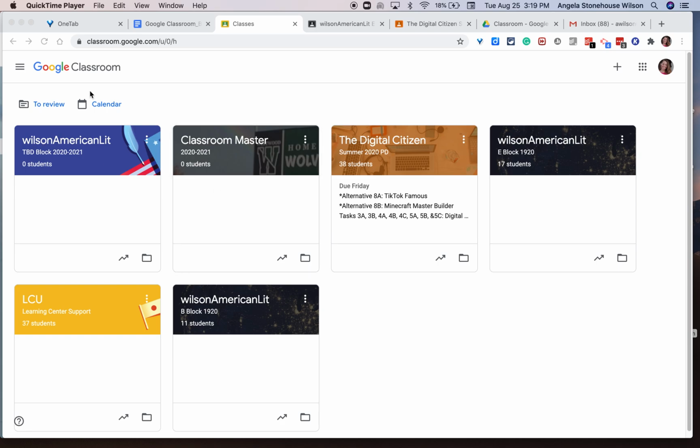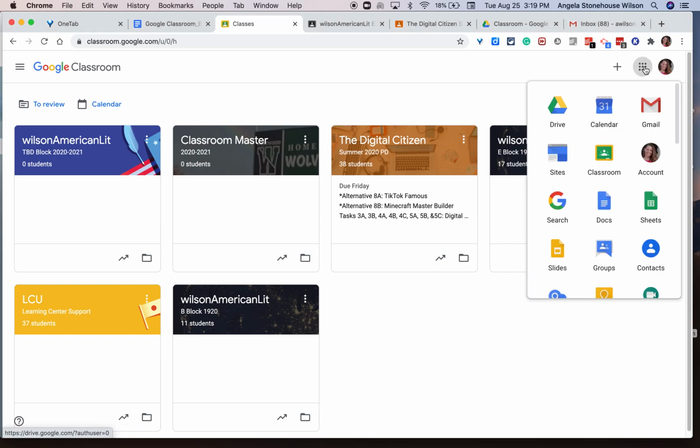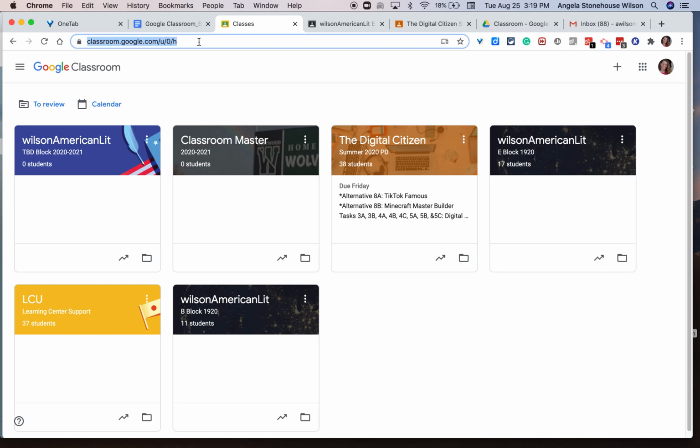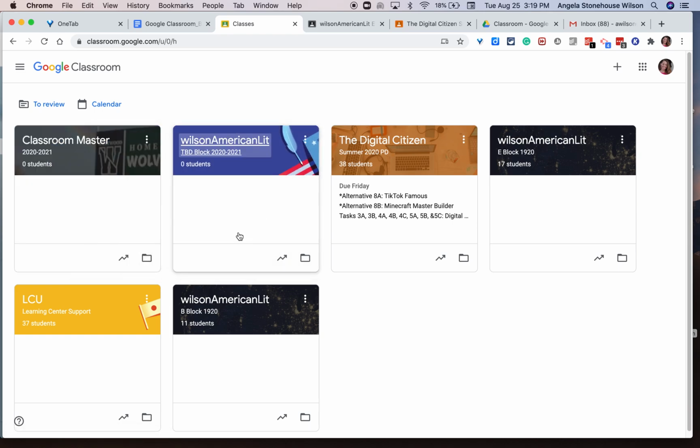Now, what you are looking at right now on my screen is the Google Classroom homepage. You can access this page by going into your Google Suite grid and selecting Classroom, or simply typing in classroom.google.com. Here on the landing page is where all of your Google Classrooms will live, whether you are the teacher of the classroom or a student within that classroom. These tiles can be moved around so that it looks and feels exactly the way you want it to look